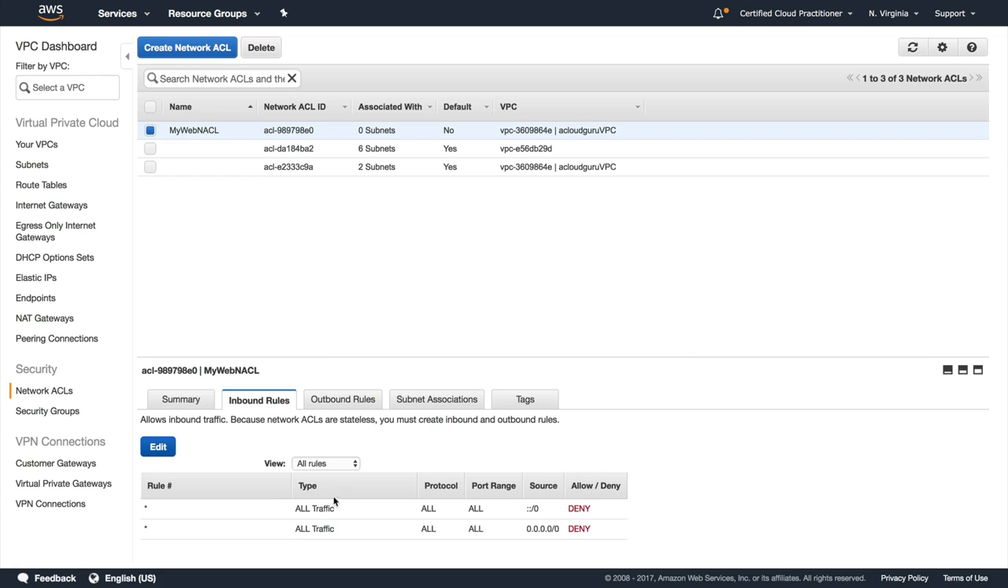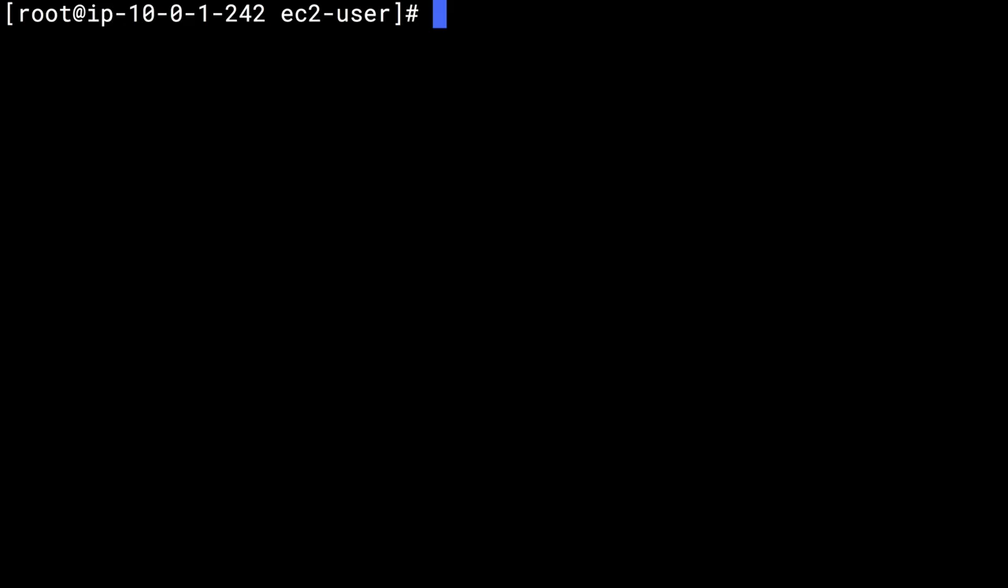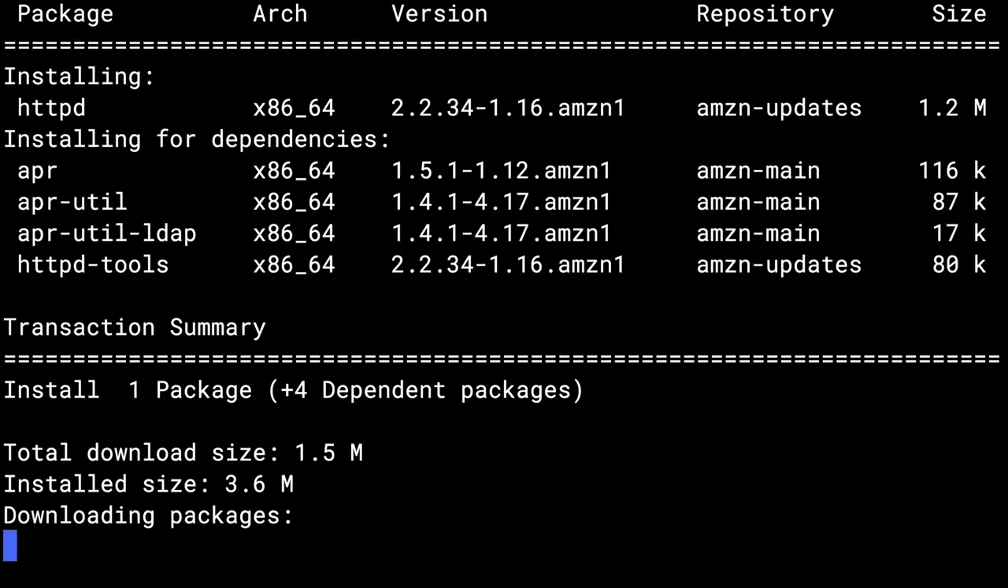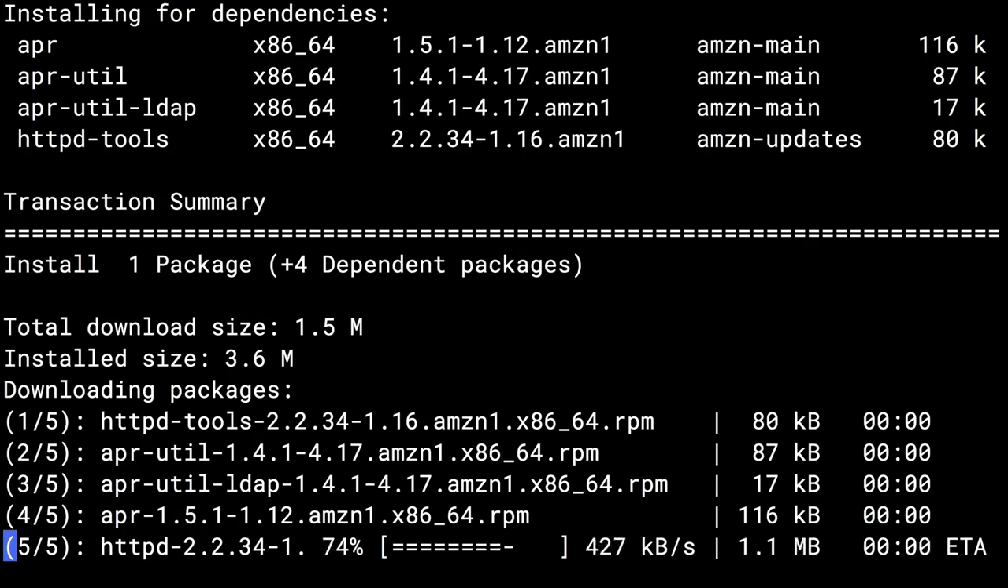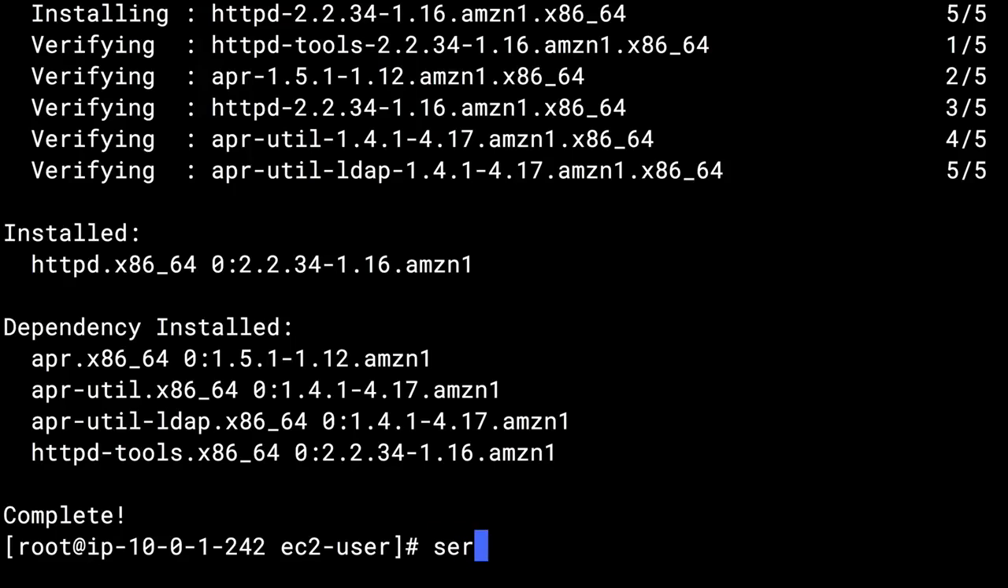Okay, so before I start playing with this, I want to be able to test it, so I'm just going to quickly log into my public web server. Okay, so I'm on my web server. What I want to go ahead and do is actually turn it into a web server, so I'm going to type in yum install httpd and then yes. And that is going to go and install my web server. What I'm then going to do is just start the HTTPD service. So service httpd start,